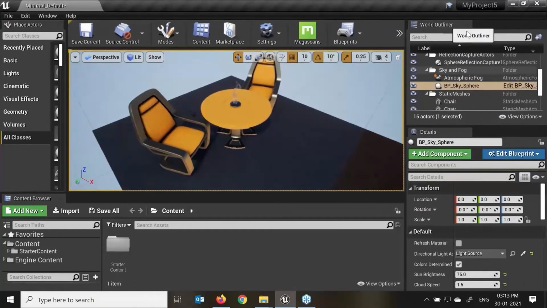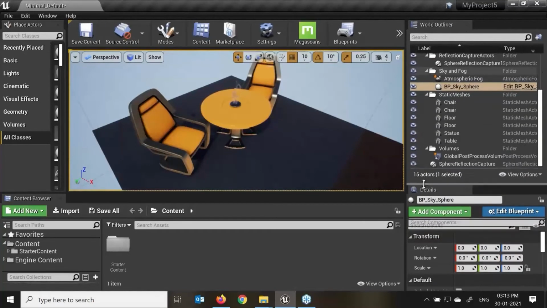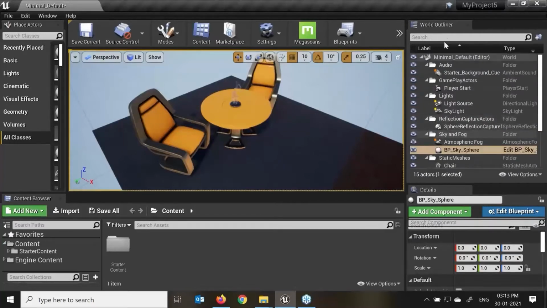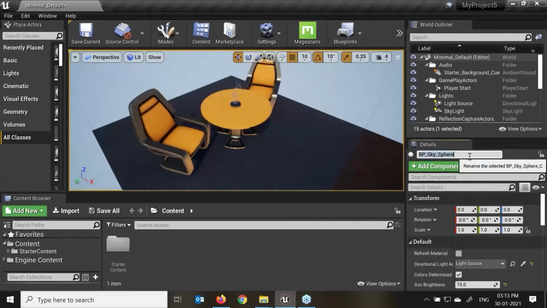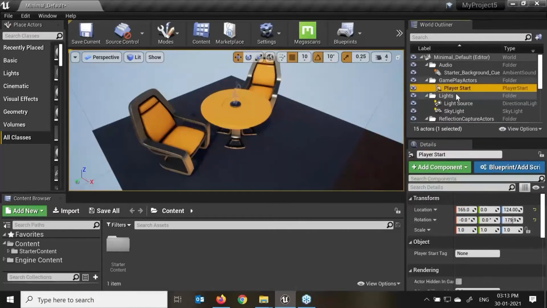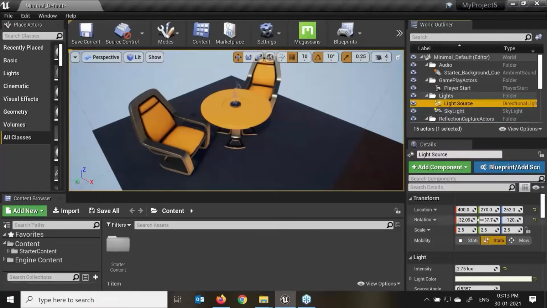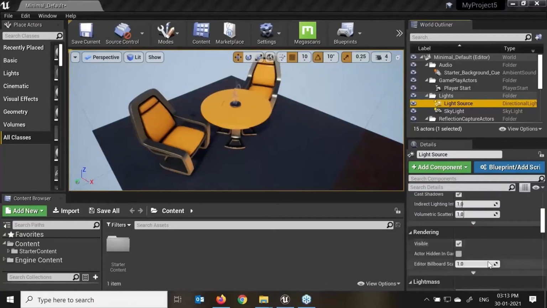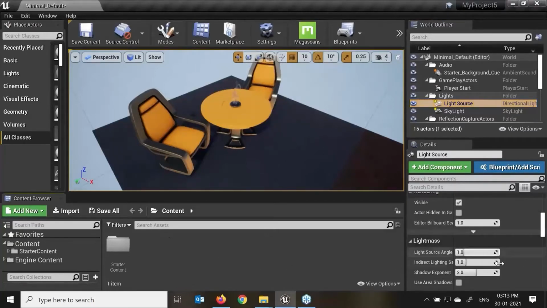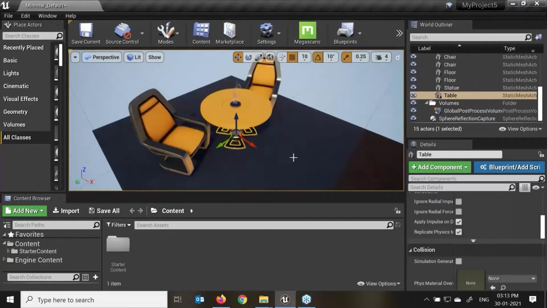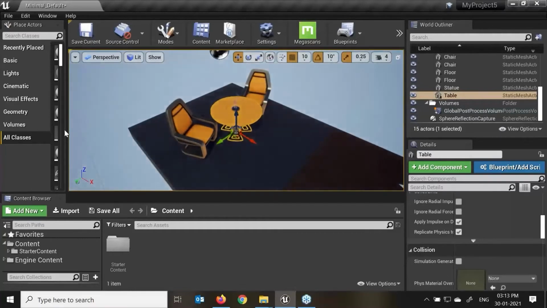Here we have the World Outliner, which shows how many objects or actors I have in my scene, and every property we can see in my World Outliner. Just below that we have the Details panel, right? If I select my object, I can see the details of that particular component, object, or actor. If you scroll down, you will see more properties of that, correct? And again, this is the Content Browser. Now we'll discuss something more about the panels and the level editors we have here in Unreal.